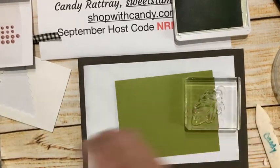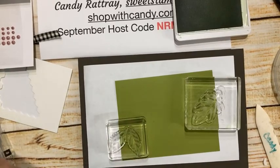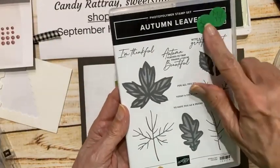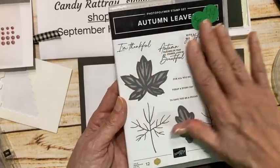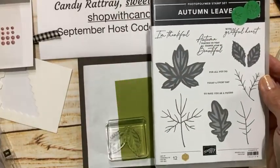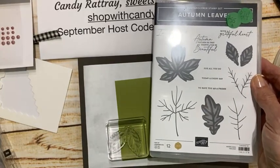soft seafoam, and I didn't show you the stamp set. So I'm using this Autumn Leaves stamp set. It is part of a bundle. So the stamp set alone is $24. A lot to recommend this stamp set. Hey, Catherine, I'm glad you're here from Jacksboro, Tennessee. And there is